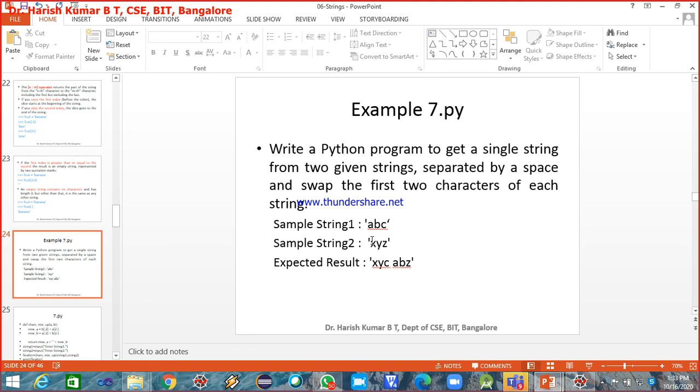So the final string is something like this. AB is swapped here with XY, it is XYC, and here YZ is swapped with AB. Do this.